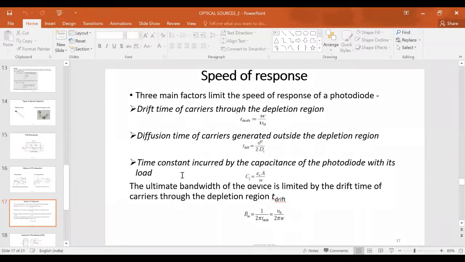Third is the time constant incurred by the capacitance of the photodiode with its load. Here, a reverse biased photodiode exhibits a voltage dependent capacitance caused by the variation in the stored